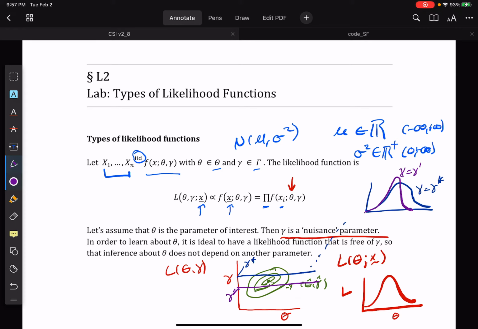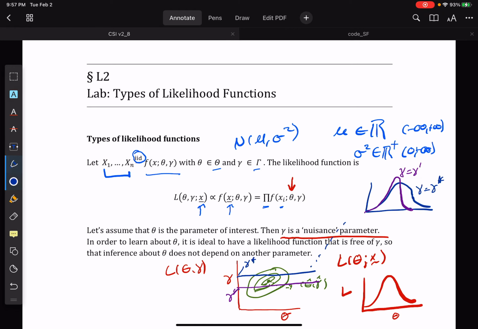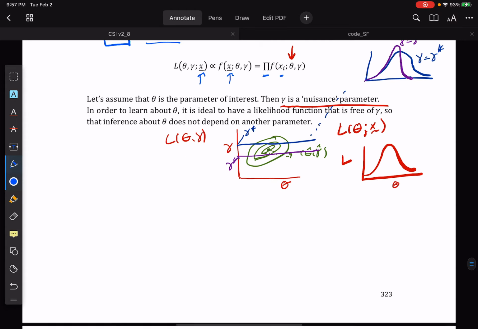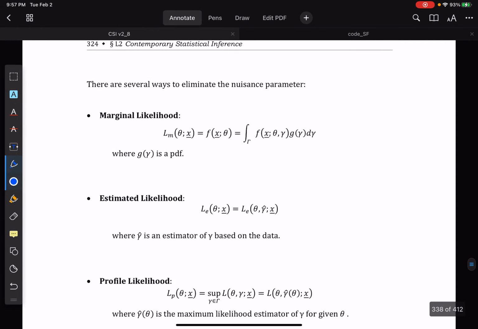And so you take different slices of that, you learn different things about theta. And so you need to have the quote-unquote correct gamma to learn properly about theta. Well, so how's that work? That's what we're going to talk about today, ways of getting to the gamma that we want. So let's shift this up and let's be specific now